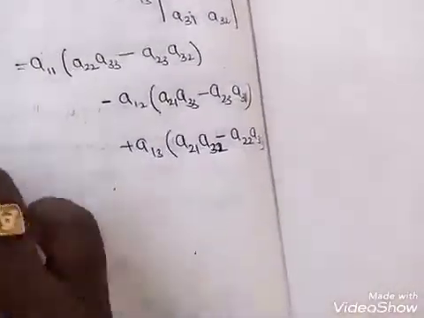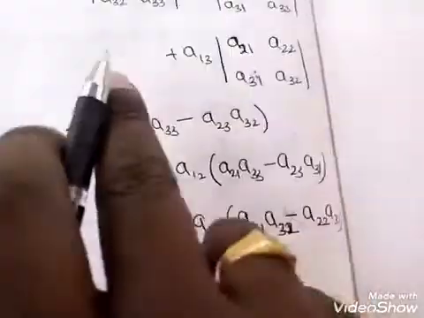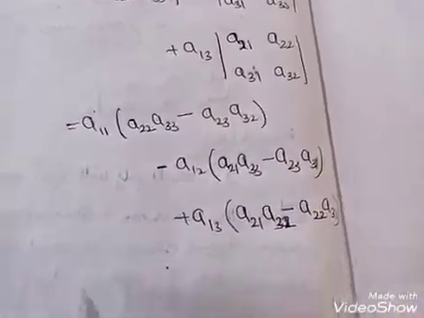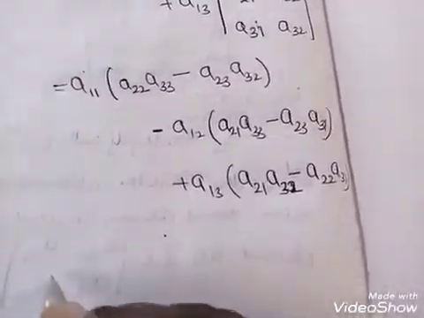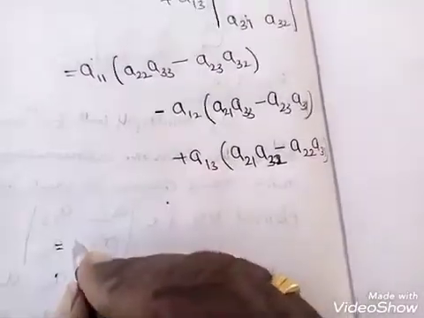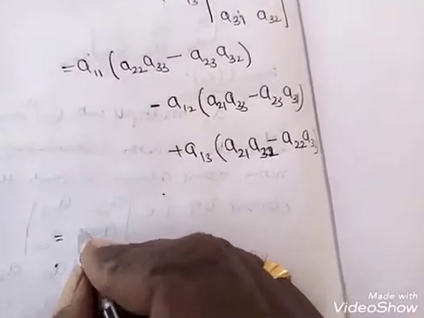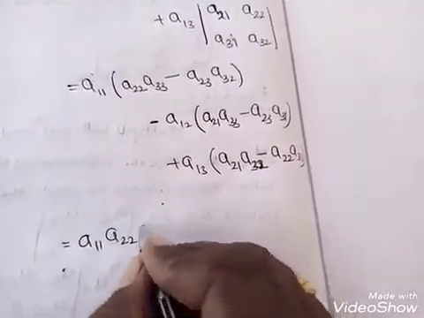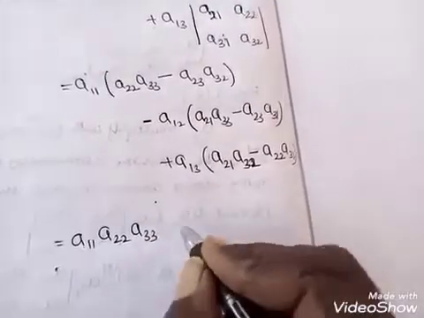Now, you can take the product. Usually, while calculating this one, we expand it when the numbers are given. But here the values are unknown, that's why we are writing it this way. Observe there, now what you got: if you multiply this one, you are going to get A11, A22, A33